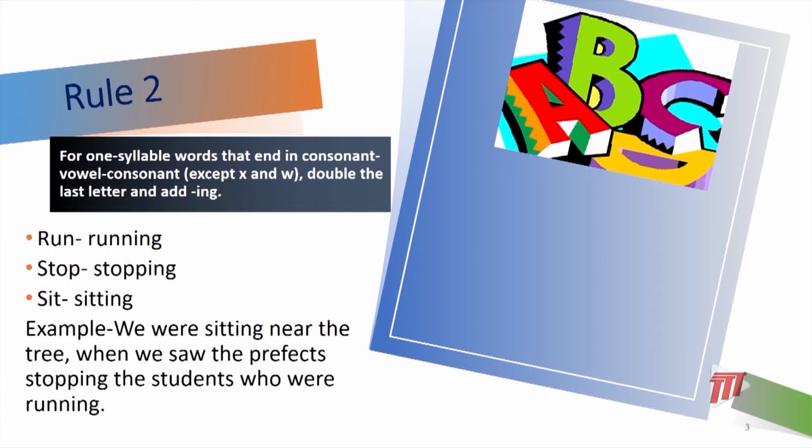Rule 2. For one-syllable words that end in consonant, vowel, consonant, except where the word ends in the letters X and W, we double the last letter and add ing. The word run, R-U-N. We have the consonant R followed by the vowel U and the consonant N. So we double the N and then we add ing to produce running,